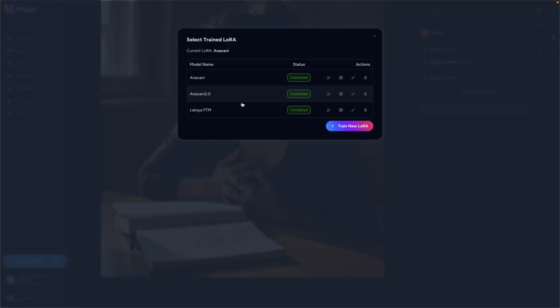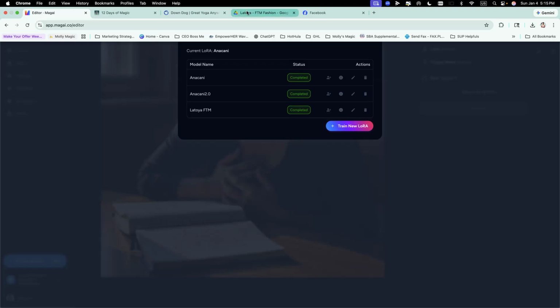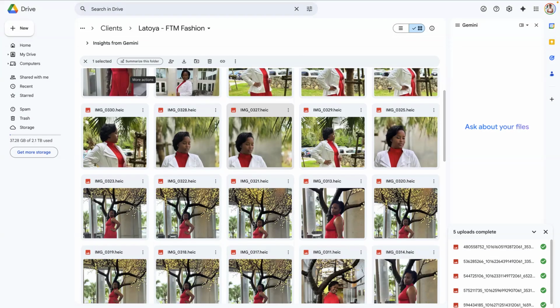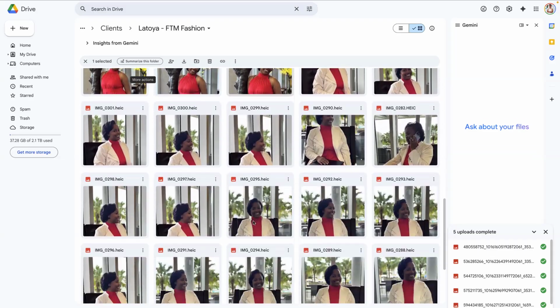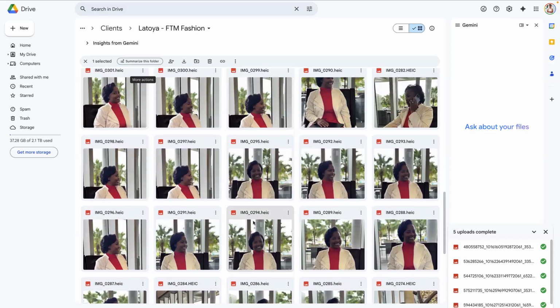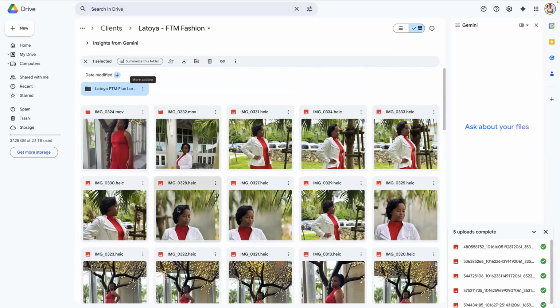So it's Anacani 2.0. Now, I tried to create one for a client that I took iPhone branding photos of, but two things happened. One, I used the same images from the photo shoot, which happened to be last minute. And as you can see, she was wearing the same outfit in the entire thing. What happened is that the image continued to pull this outfit in a lot of the images, and it wasn't giving me versatility.